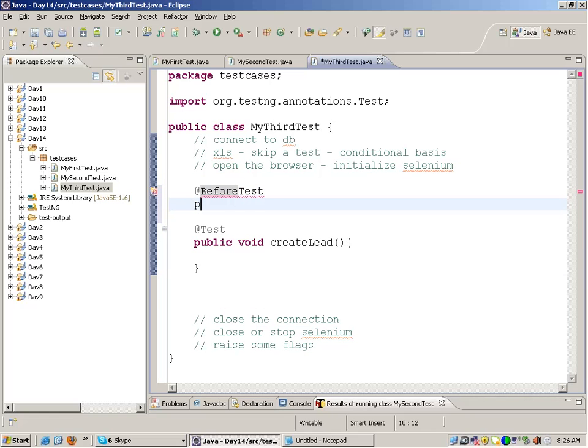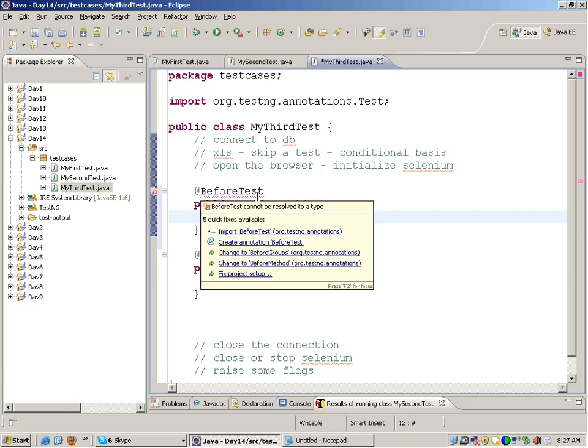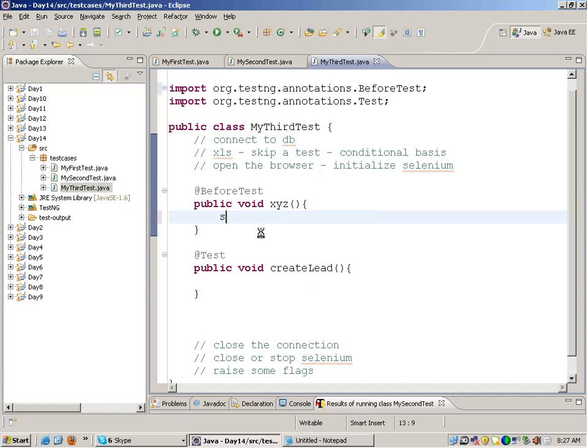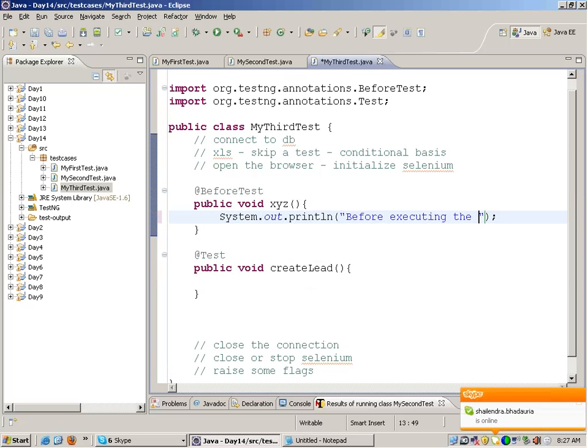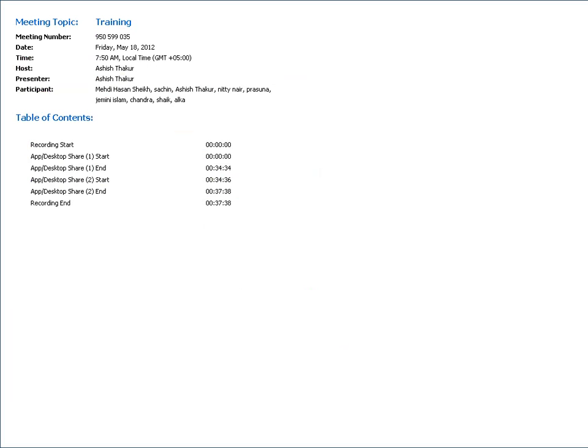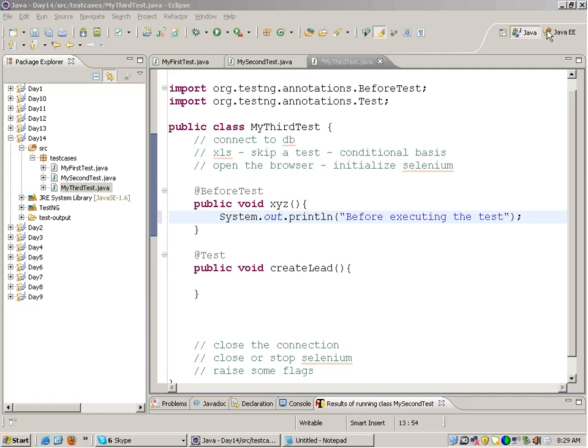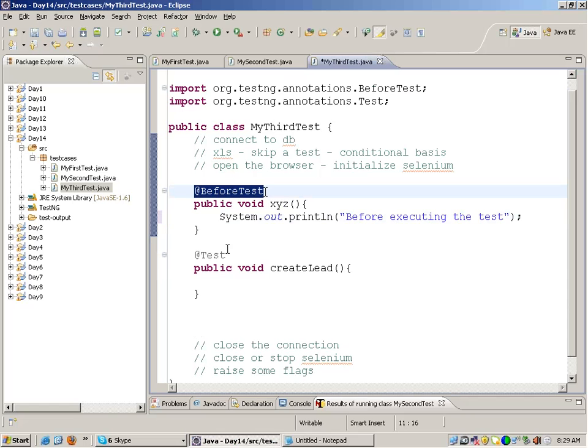public void. You can give any name to this function. I'll just give a name called XYZ. But the annotation is important. You have to import this annotation, and inside this I will write system.out.println before executing the test. Okay, so this is the before test and it's executed before executing the test, and if you run this you will see that